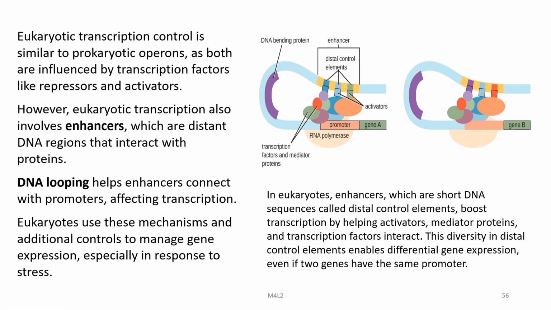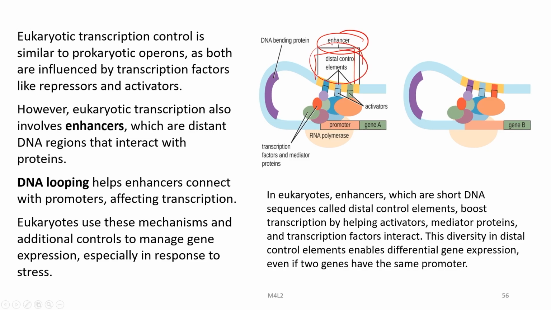Eukaryotic transcription control is similar to prokaryotic operons, as both are influenced by transcription factors like repressors and activators. However, eukaryotic transcription also involves enhancers, which are distant DNA regions that interact with proteins. So, you can see here a gene A under control of a promoter, and these are the transcription factors and mediators which have bound, and then these are the activators, and this is the enhancer with distal control